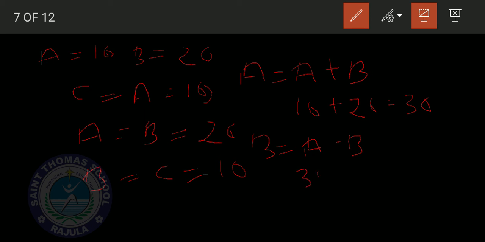That is 30 minus 20, which is 10. Understood?